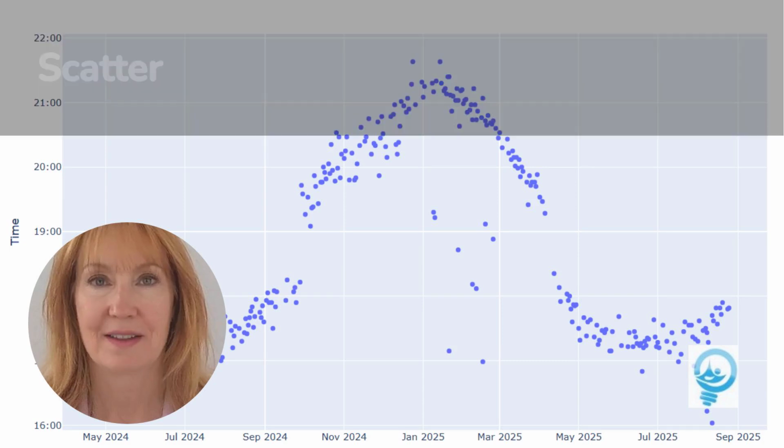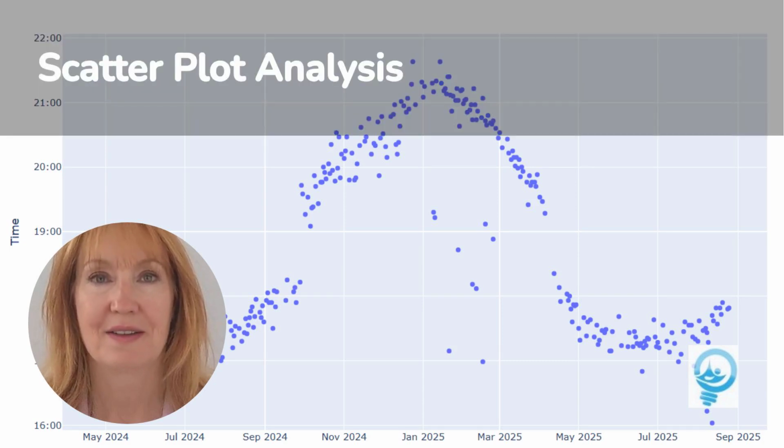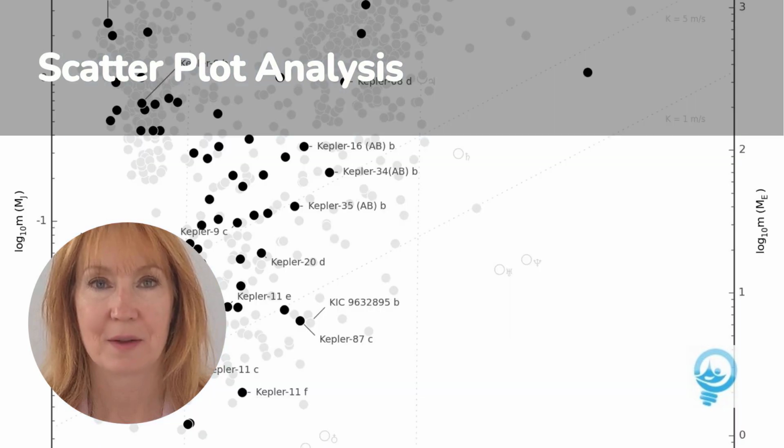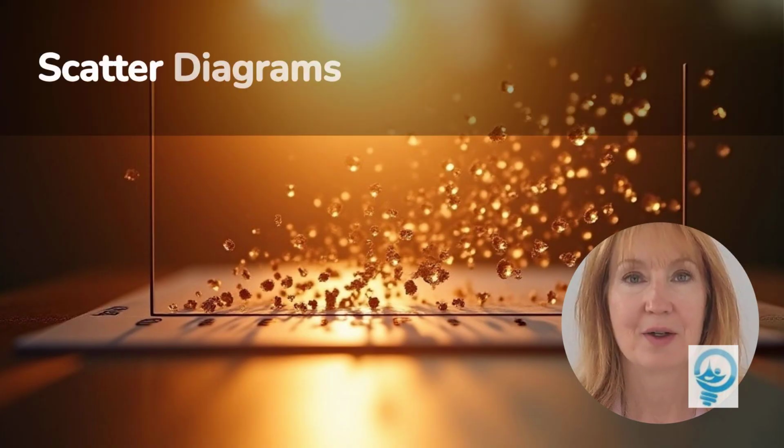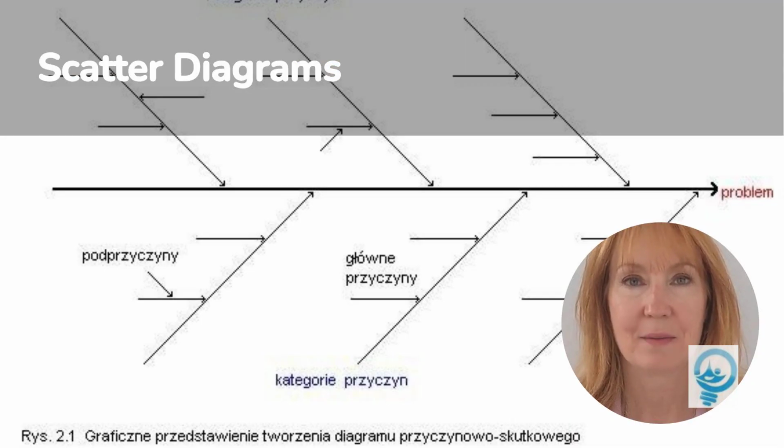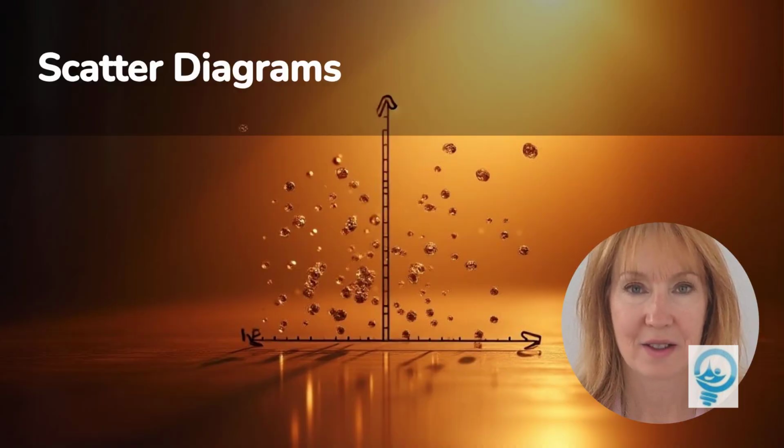A scatter plot is a simple visual form of graphical analysis used to analyze and identify potential relationships between two variables, plotted along the x-axis and y-axis. You might use a scatter diagram after you use an Ishikawa. The goal would be to determine if an assumed cause and effect are truly related. A scatter diagram can help you understand whether two effects that appear to be related both occur with the same